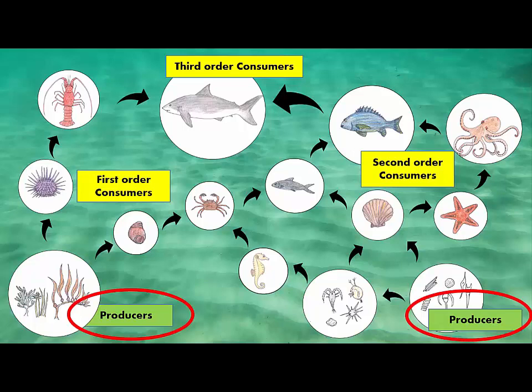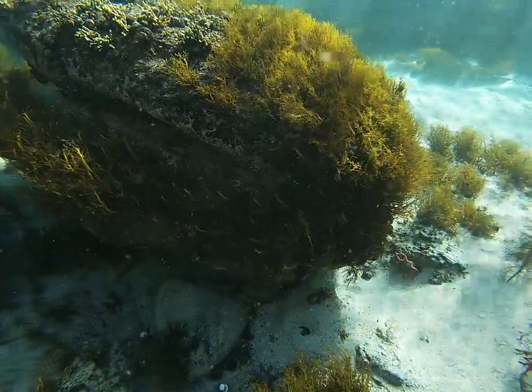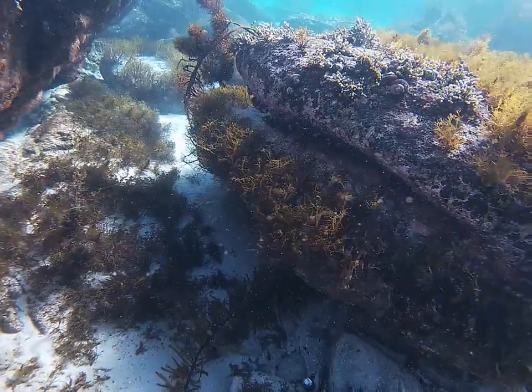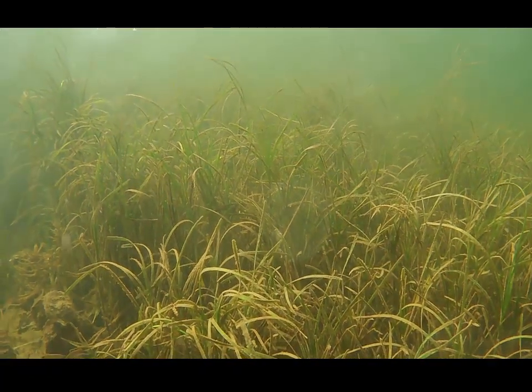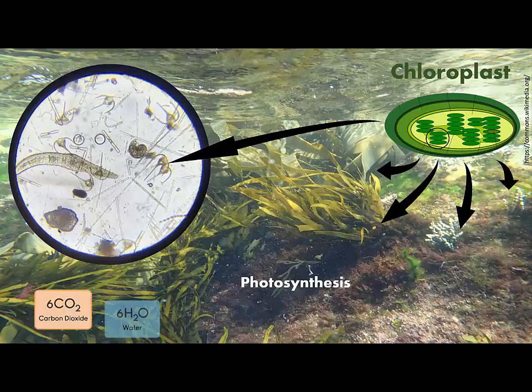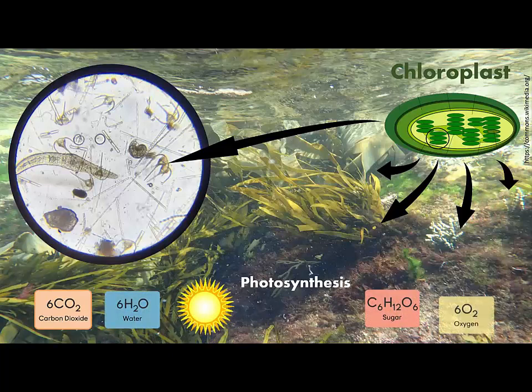These are called autotrophic organisms, meaning they are able to convert the energy from the sun into food energy through photosynthesis. Examples of autotrophic producer organisms are seaweed, which is an algae, seagrass, which is a plant, and phytoplankton. Seaweed, phytoplankton and plants contain cells called chloroplasts, which is where photosynthesis takes place. As a producer organism carries out photosynthesis, carbon dioxide, water and energy from the sun are used to make glucose for food, and oxygen is created as a byproduct.